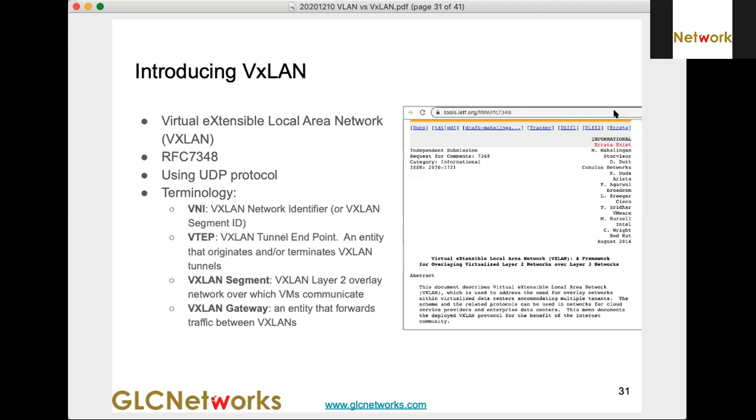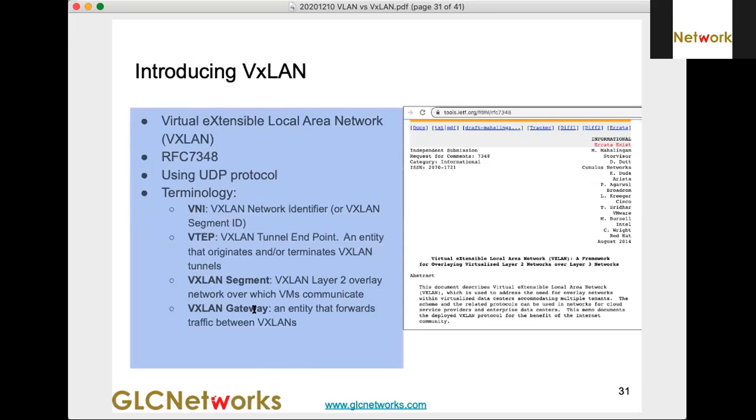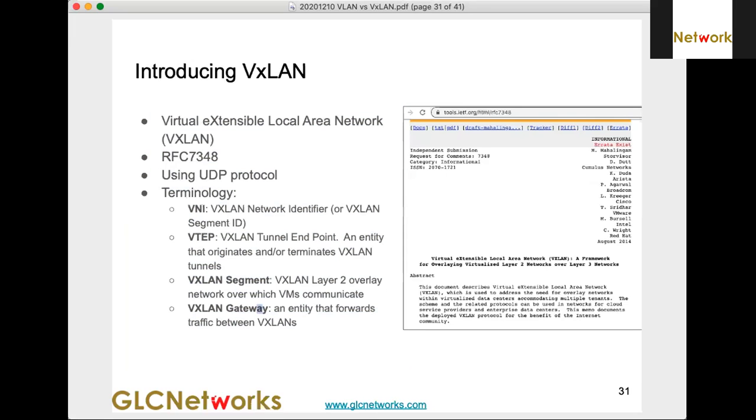So let's introduce VxLAN. VxLAN stands for Virtual Extensible Local Area Network. So the difference from VLAN is the X here.